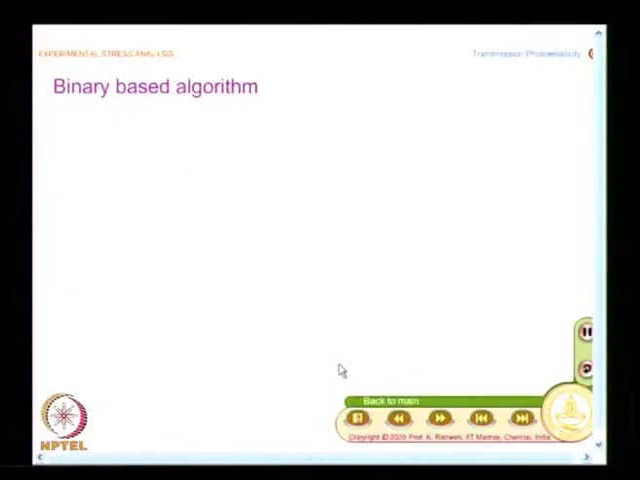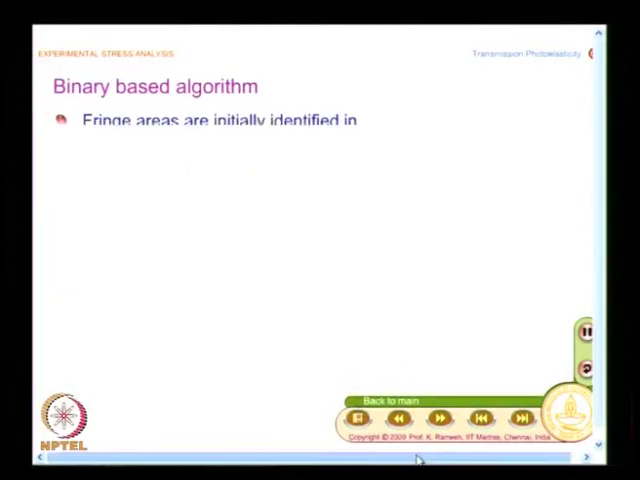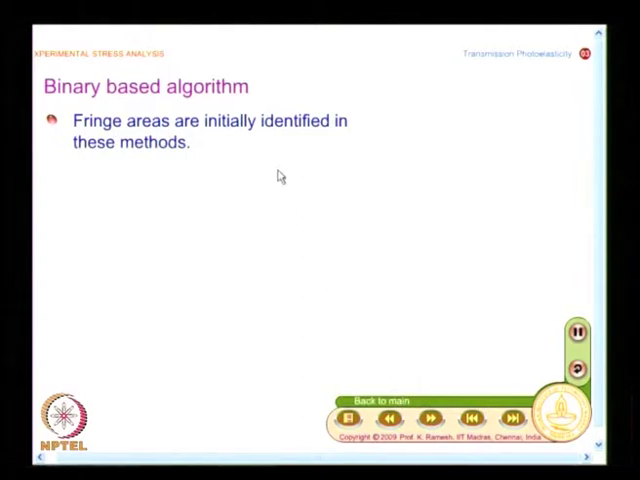But the moment you go to computer processing, you need to develop methodologies to do this. How do we find out the fringe areas? When a pattern is given, how do you identify that this is a fringe and this is a non-fringe area? Suppose I call the fringes the black contours, I should identify the black contours. And there is a very simple method, known in the image processing literature as